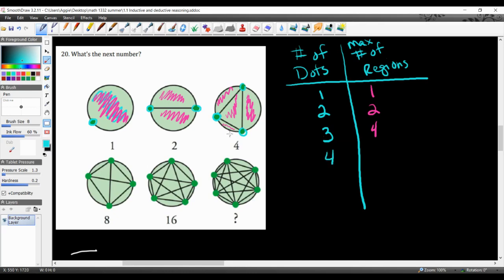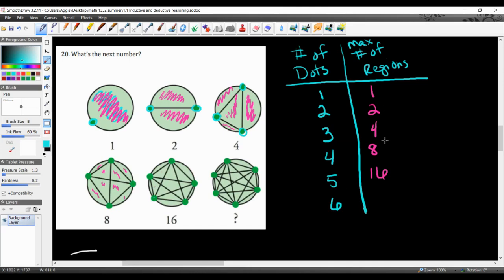Okay, so with four dots, we have 1, 2, 3, 4, 5, 6, 7, 8. So that's going to be 8 max regions. With five dots, so 1, 2, 3, 4, 5. Okay, we have a few more. I'm going to go ahead and just give you the answer. You're going to have to trust me on this one. So with five dots, if you count all these spaces, we end up with 16. And finally, with six dots,